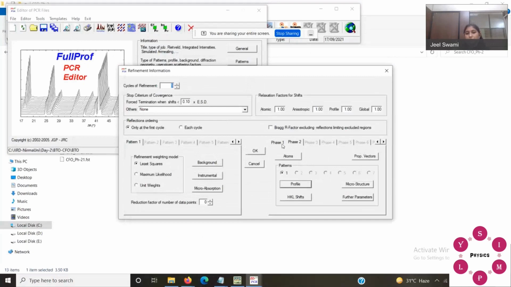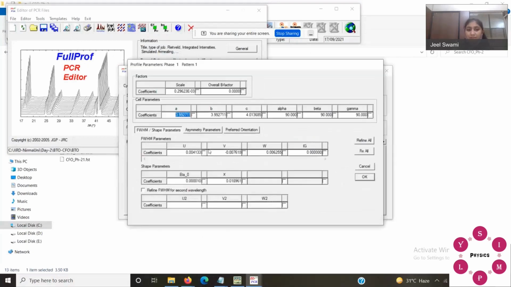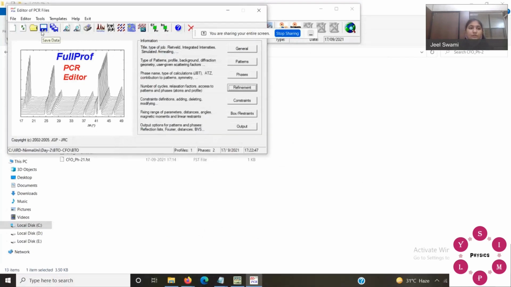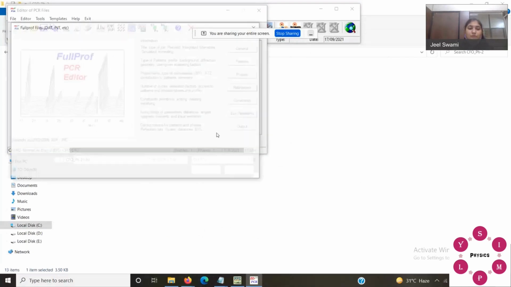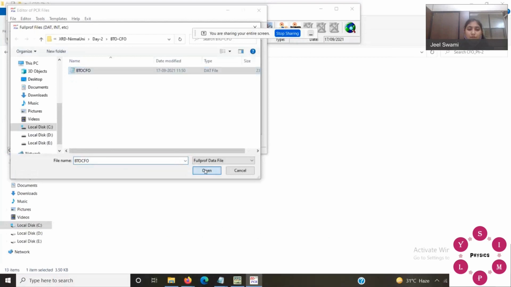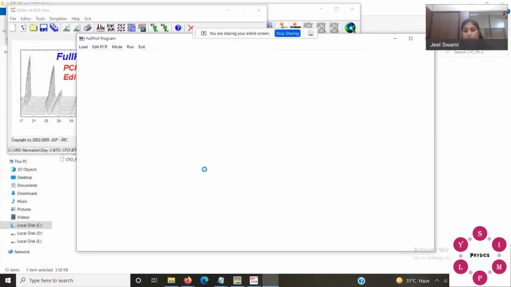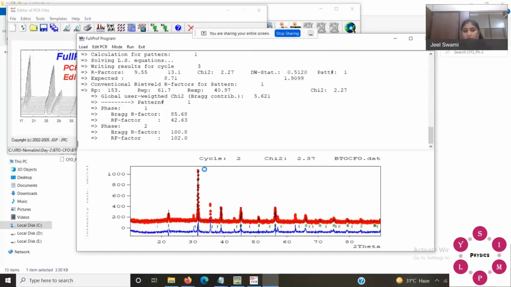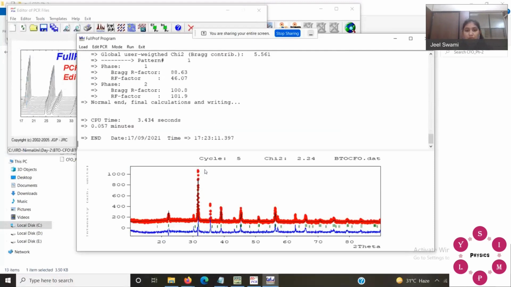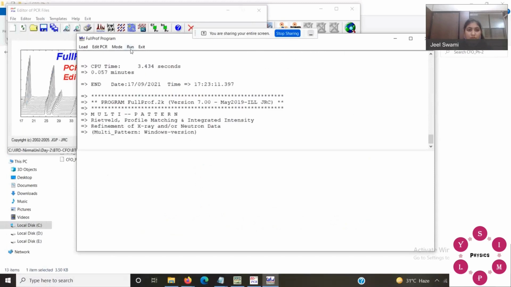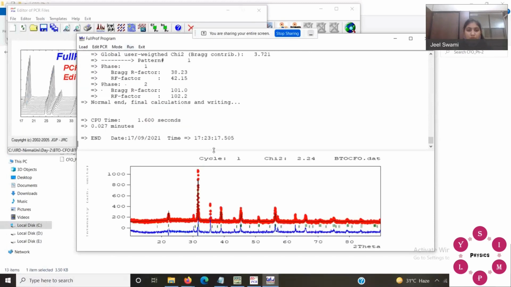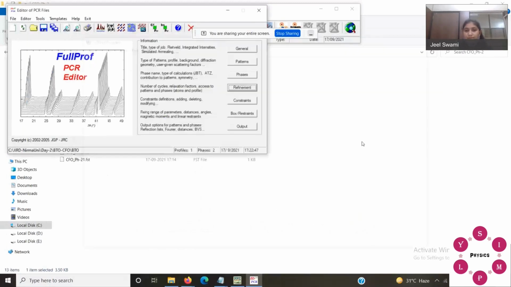Now you can change your U, V, W and all the parameters which we did yesterday. Start with the first U, first phase value of U. Okay, the chi-square is decreasing. And lattice parameter growth.